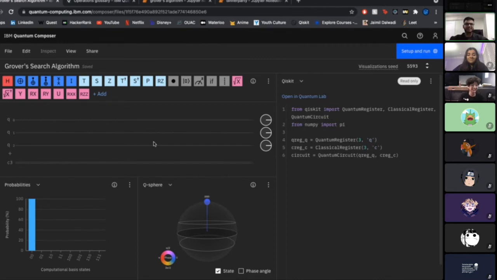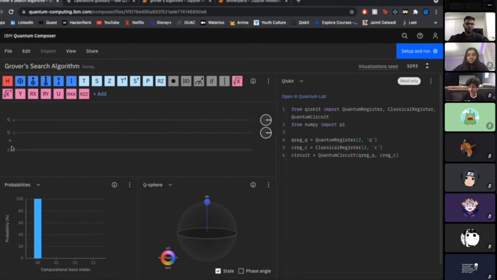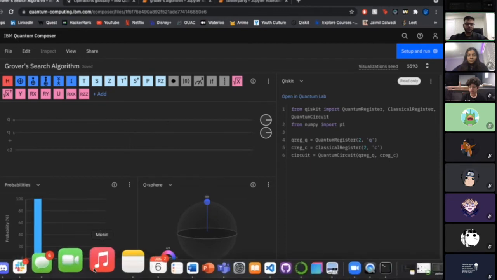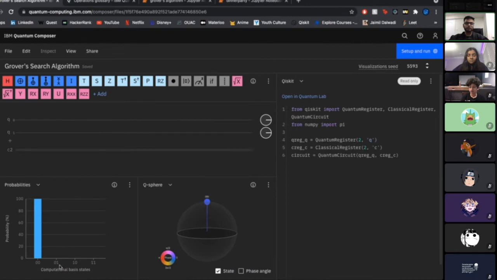But yes, so what we're going to do today is look at how to find one of, I guess you could say, 4 most possible outcomes. I'm just going to hit trash can here. So down here, you see probabilities, right? 100%, 0, 20, 40, etc. So here at the bottom, we have 4 different options, right? And we have 0, 0, 0. Okay?